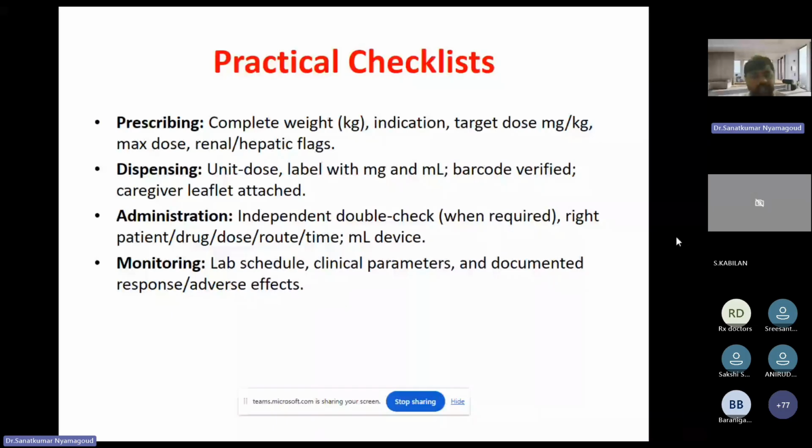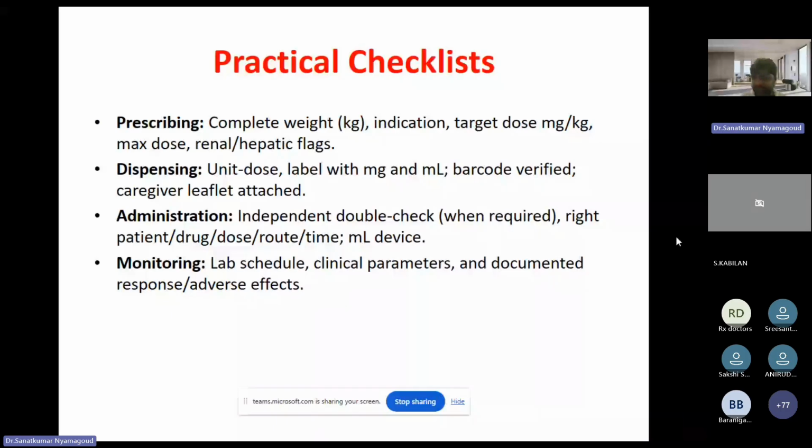The last one is monitoring. You try to see the monitoring parameters. You are already aware probably, like if you give ondansetron with metronidazole, you have QT prolongation in adults. Like that, there are drug-induced lab investigations you can check. For example, tramadol-induced thrombocytopenia is very common. If you use tramadol in a dengue patient, it is contraindicated. So you should check the patient's clinical parameters after the drug is administered. Document the responses to each drug, including serious adverse drug reactions and adverse drug events.